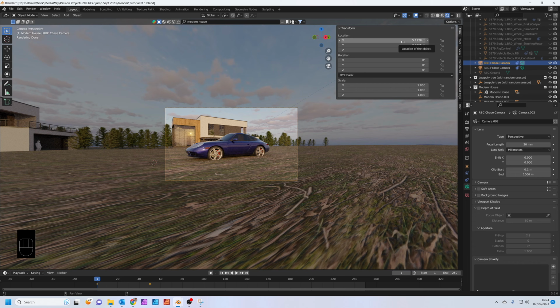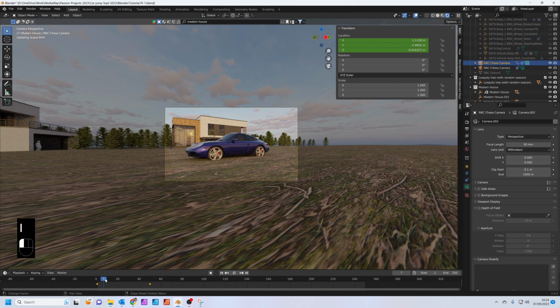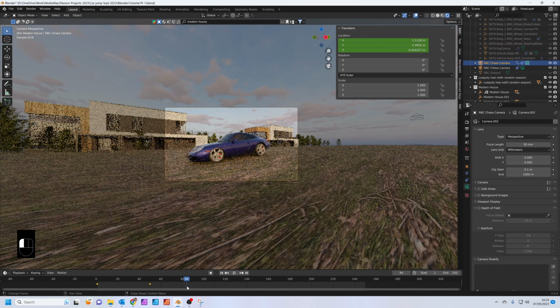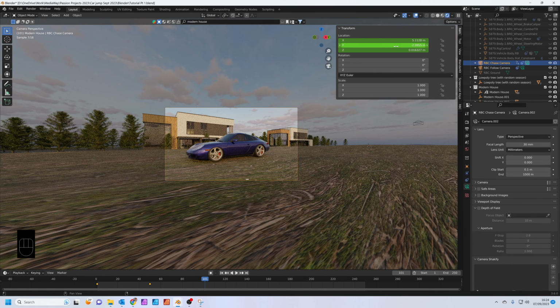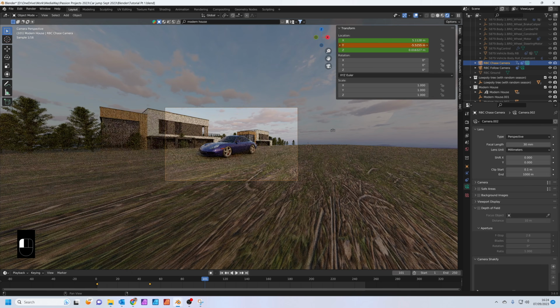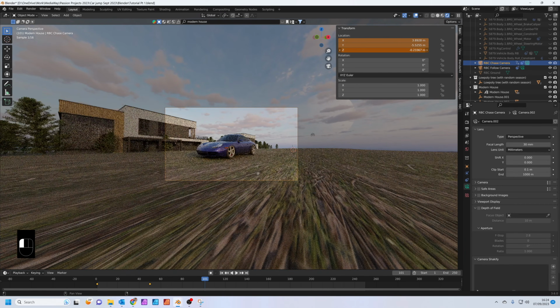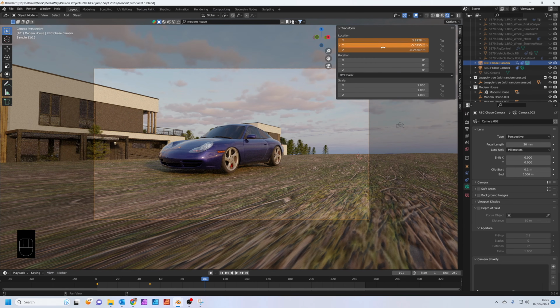Right, we'll do I on the location there. Let's just get the car moving forward a bit. I think as the car is moving, let's come around to the front a bit. So let's increase the Y up a little bit. Maybe change the X a little bit. Maybe come down a bit closer to the ground, get that feeling of speed. Then press I again for location.